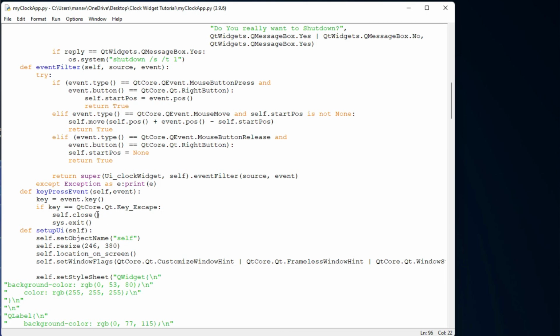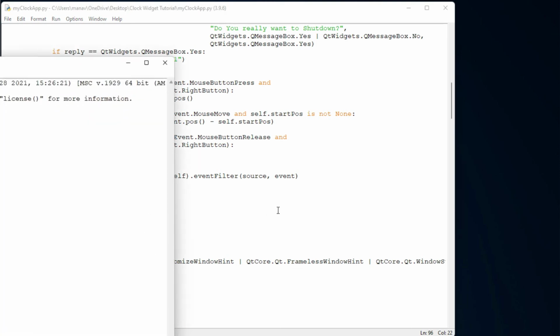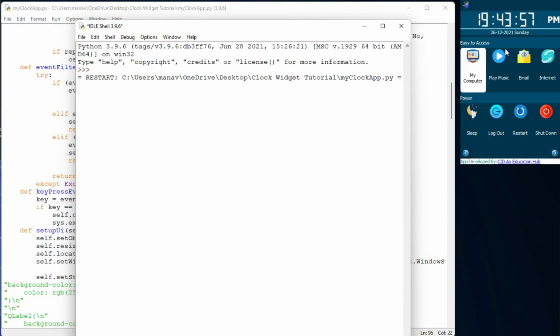So we have done the functions for all our 8 buttons. I have created the functions for all our 8 buttons here in front of you, and in the next video we'll see how we can make the themes for our application, because this is the default theme and I have not added functions for these buttons. These buttons will move from one theme to another theme. So how can we do that? We'll see in the next video.